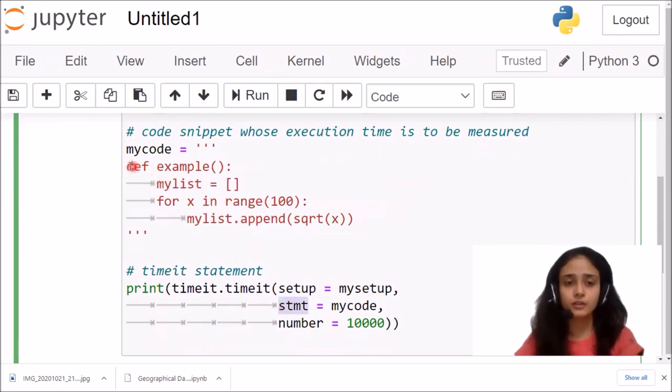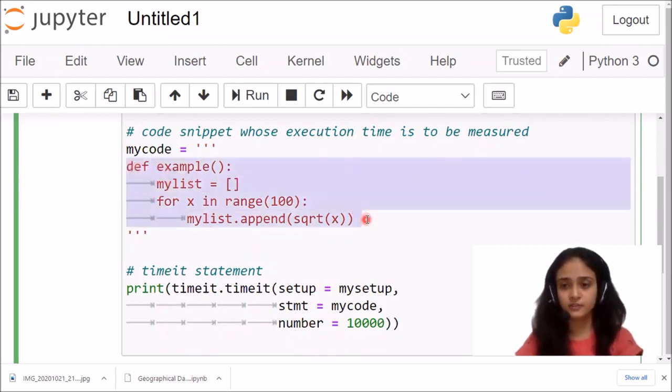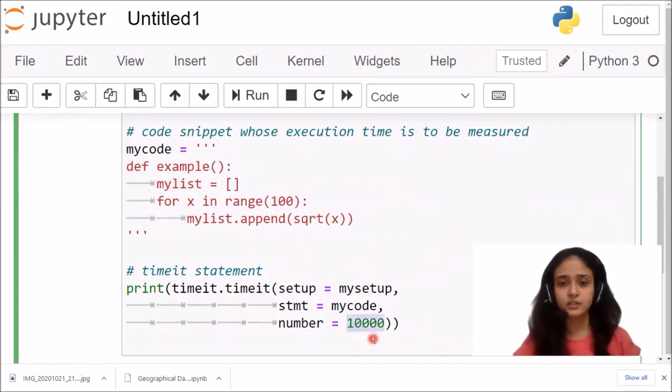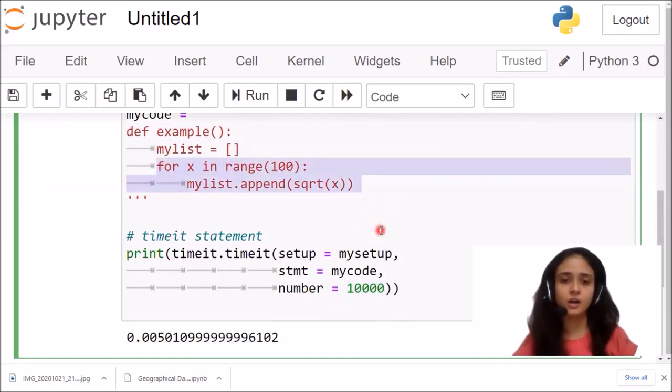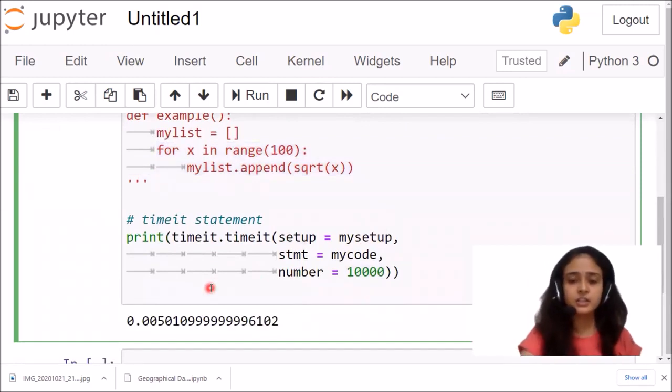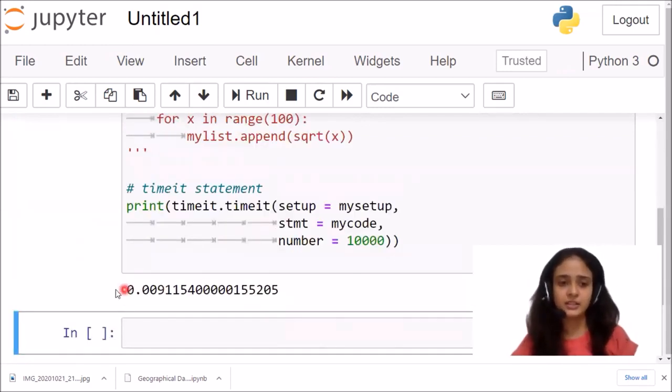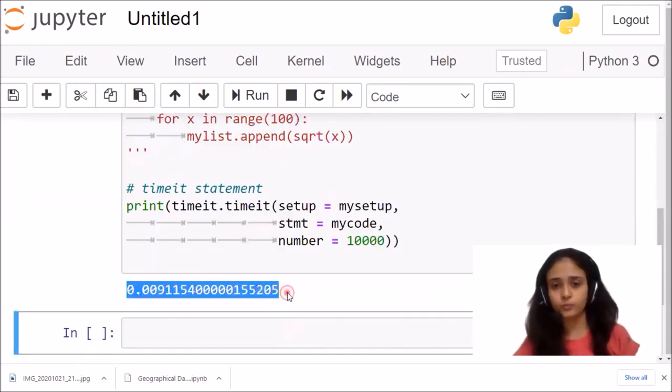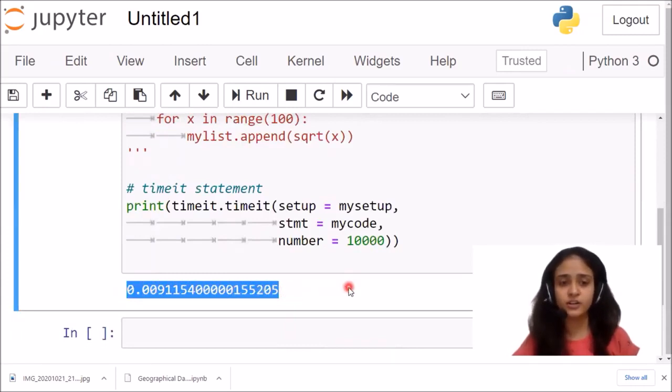I want the processing time of this particular code, so I write it in my statement. This user defined function will be taken, and how many times do I want to run it? I want to run this code 10,000 times, so my for loop will run accordingly. When I run this code, you can see that my output is 0.09115 seconds.